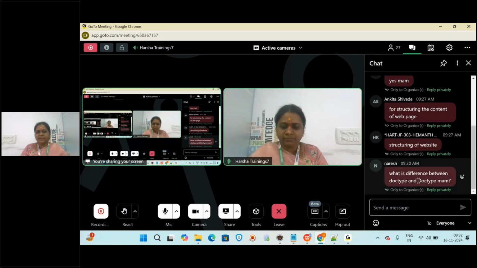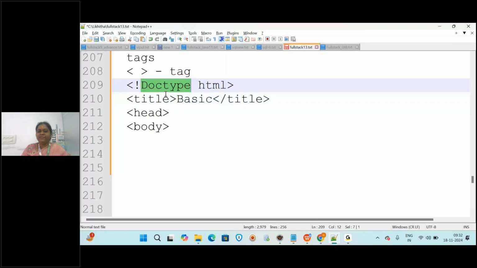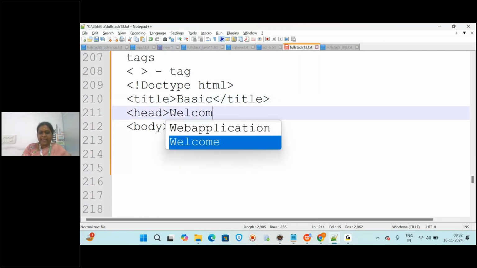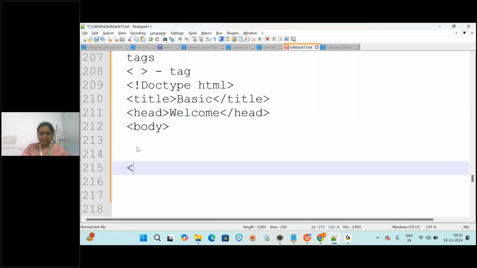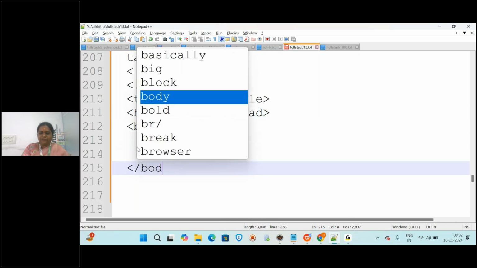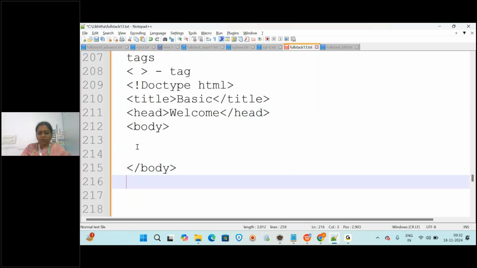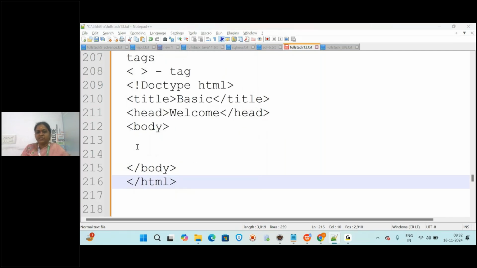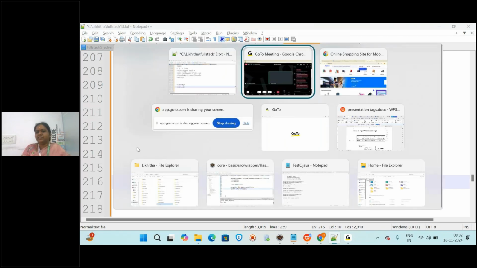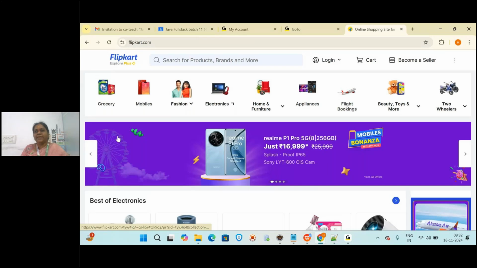I will explain what doctype is, once again I will repeat it. And if you want something as a heading, then you can write it between the head tag. So just open and close what? Head tag. And then the body tag. Whatever you are writing in between the body tag will be applied to the body. That means that will be displayed inside the browser of the page. So like this, here the content is the body of the page.